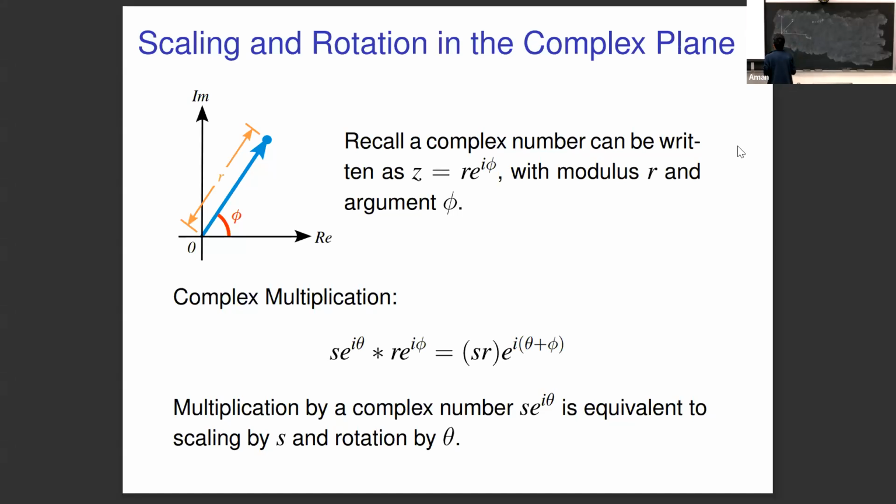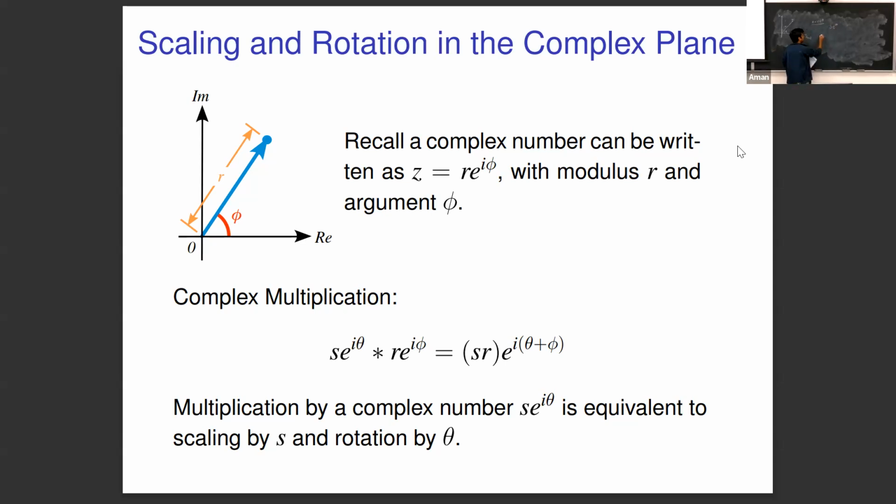What we want is to rotate this by an angle theta and also scale it up so that it is no longer at this point, right? We want to rotate this segment by another theta degrees and want it to be projected to a length which is higher. So how do we do this? If you recall complex multiplication, if we multiply the z by a factor of s times e to the power i theta,